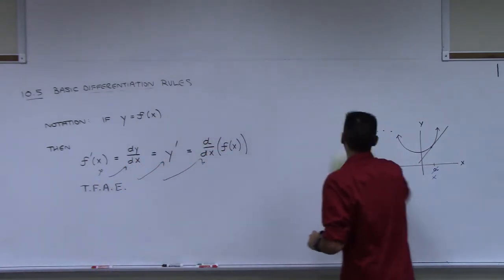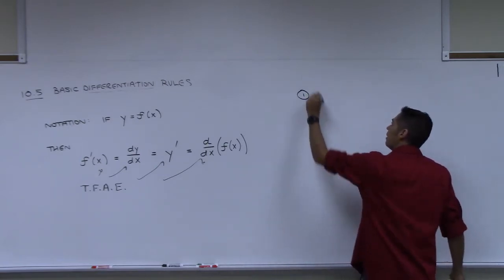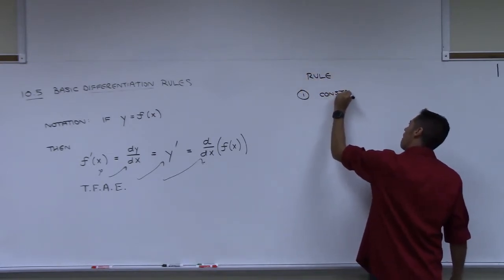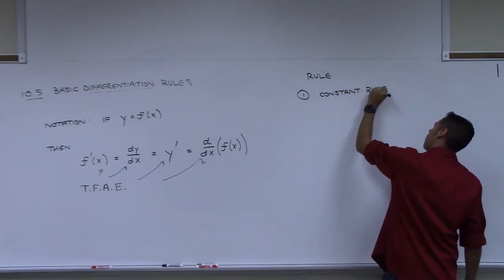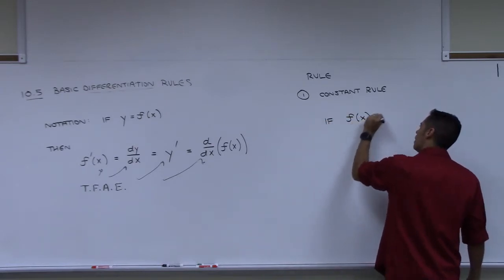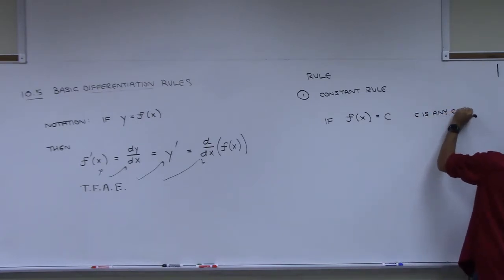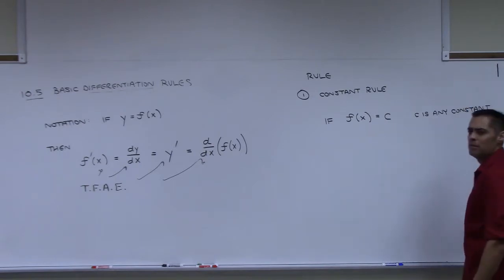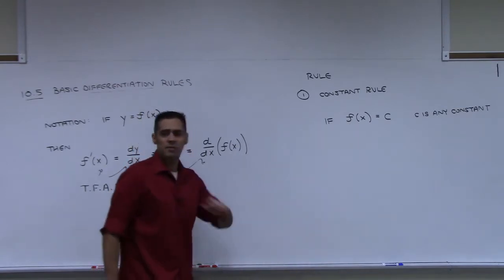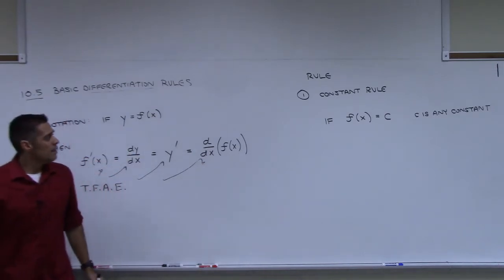The first rule is the constant rule. I'll label it rule 1. The constant rule. And here's how I'm going to write it. If f of x is c, where c is any constant. What do I mean by constant? It's just a number, right? So like if our function is f of x equals 5, or f of x equals 10, or f of x equals negative 3, whatever it is, if it's a constant, then